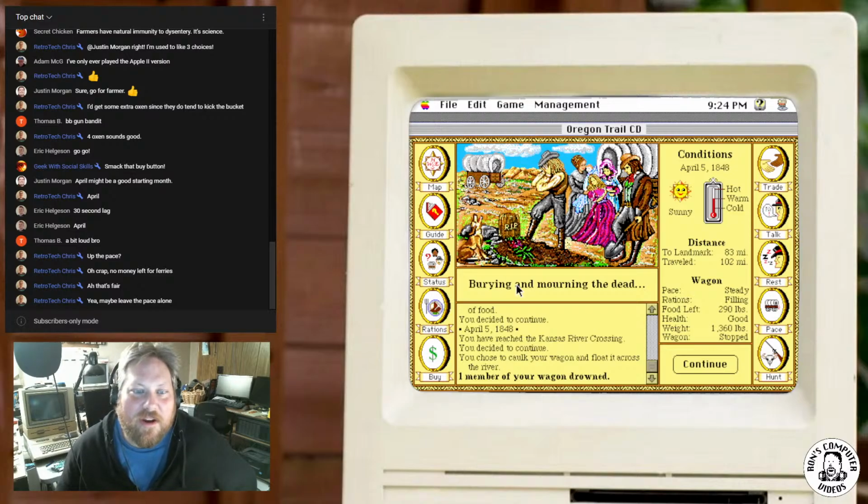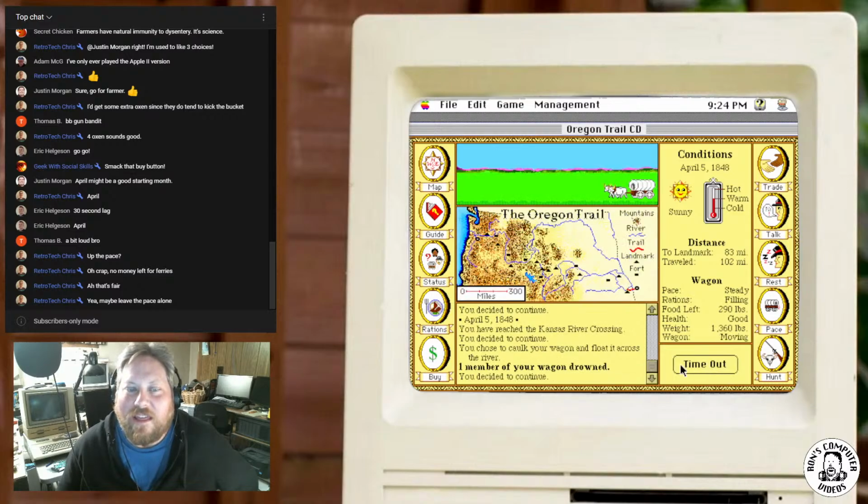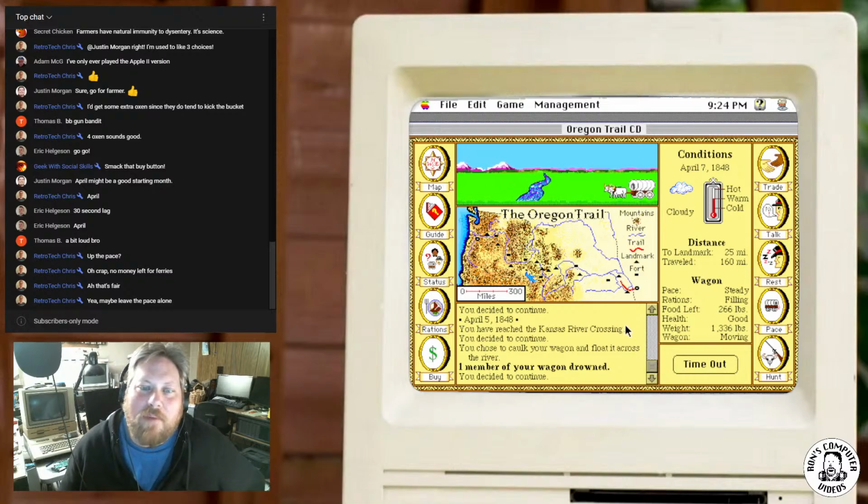Oh, Lord. Oh, my gosh. Poor pepperoni. Right. Yeah, we're going to have to continue. We have to make it to Oregon. Another damn river? Yeah, I forgot about paying. I think I always spend all the money, so